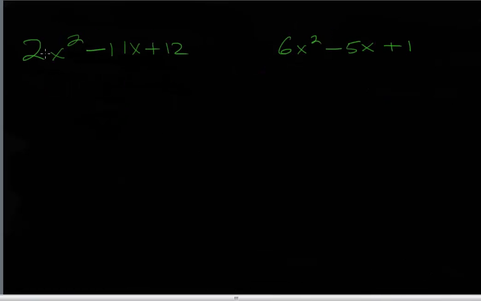Now here we have the different case where we have a 2 in the front here and a 6 over here. Notice there's no GCF on either one of these. So we will still try to attempt our binomial form, but this time we have to account for the 2 with the x squared. So we'll start with a 2x and an x. That would make the 2x squared. The 12 now,